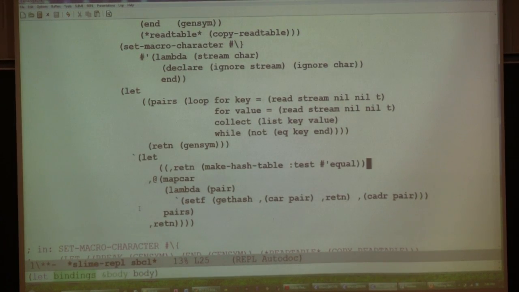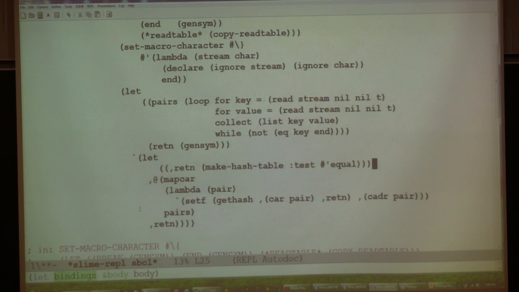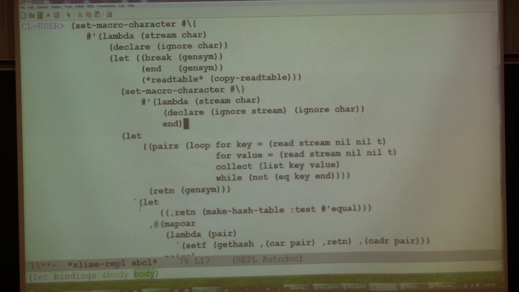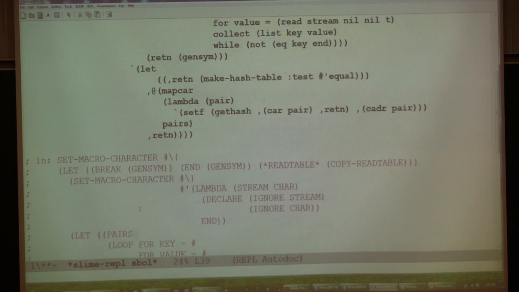What hash function are you using? Default hash for Lisp. Notice that we actually have to pass in the function equal to say how we want our hash tables to compare keys. The reason there's a quote in front of equal is because we need to put the function in instead of taking the function out.